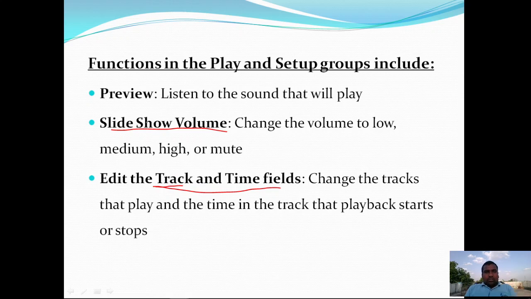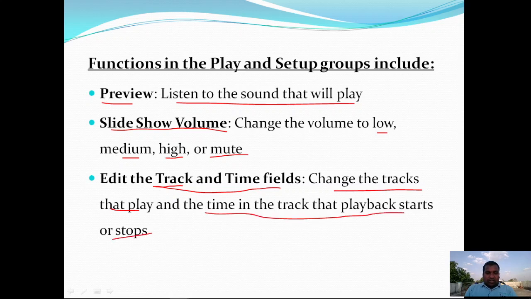In the Preview command, you listen to the sound that will play, so it is going to play the sound whatever we have chosen. In the slideshow volume we can select medium, high and low volumes, or you can also mute. In the edit track and time fields, change the tracks that play and the time in the track that playback starts or stops.